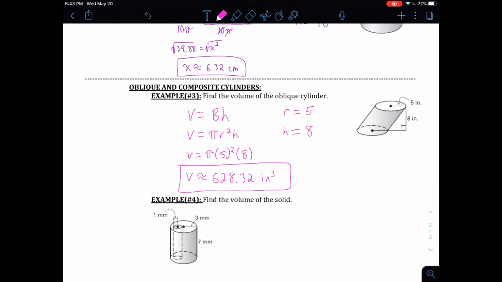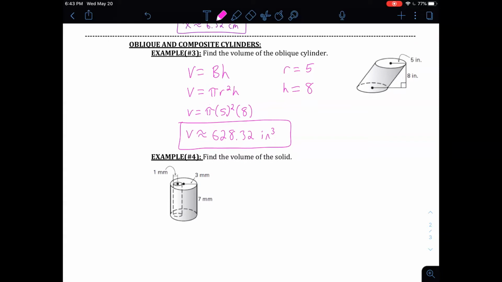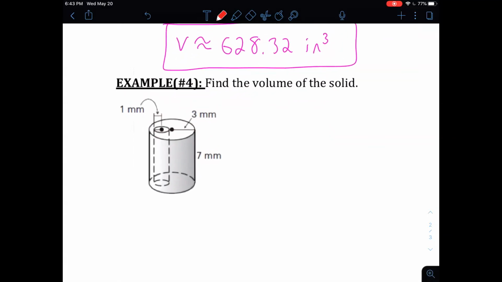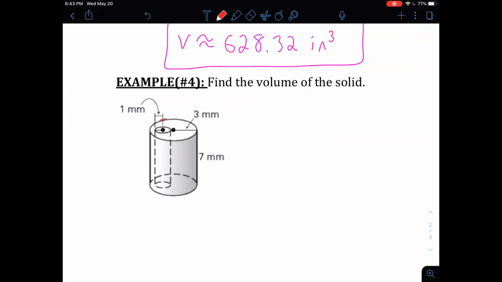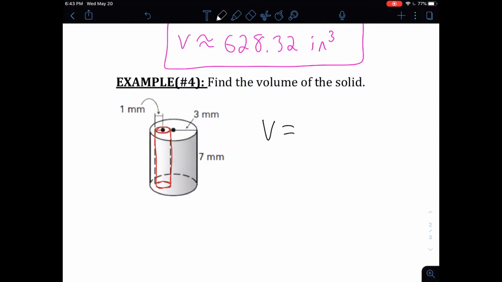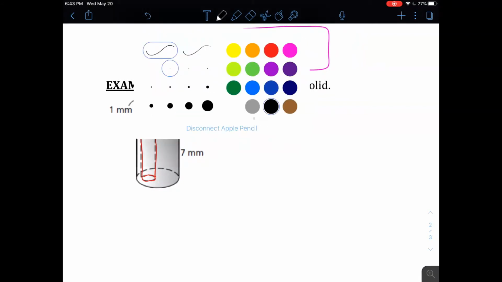Okay? All right, and the last example is they call it a composite solid, or composite cylinder, I guess. It is a cylinder with a hole in it. So we have this big cylinder here, right? And then we have this hole in the shape of a cylinder inside of this cylinder, right? So how are we going to find the volume? Let's use a black here. So the volume is going to equal, if we're taking out a hole, what we're going to do is